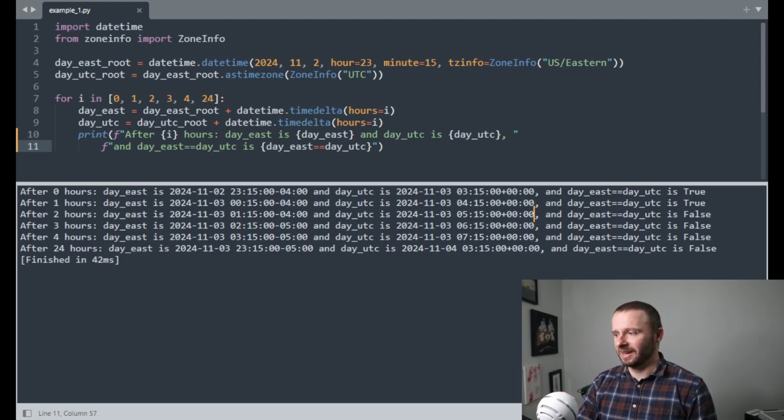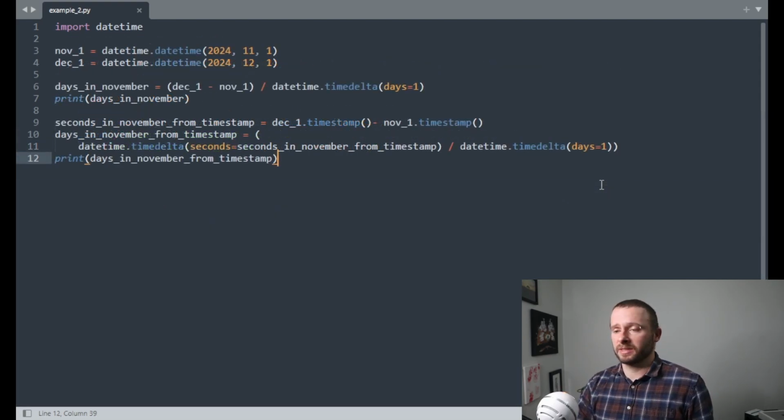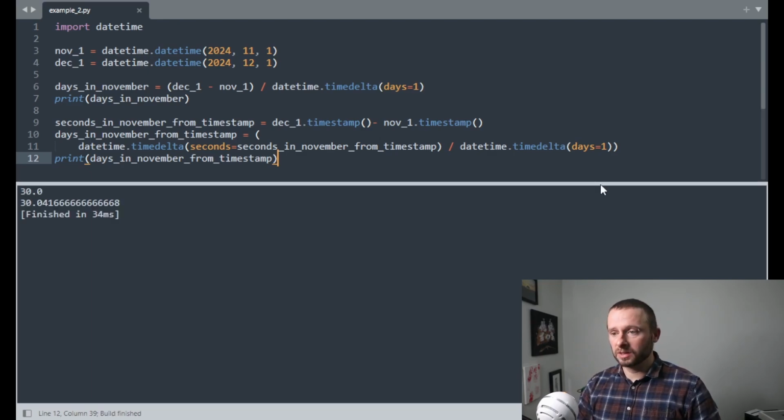And with that, let's take a look again at that first bug I showed in the beginning around the number of days in November. With the knowledge from that example we've just gone through, I'm hoping the issue here is a little clearer now. So let's run the code again and see what we get. So we get days is either 30 days in November or